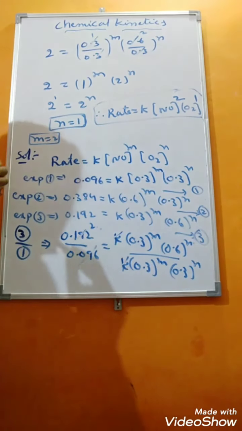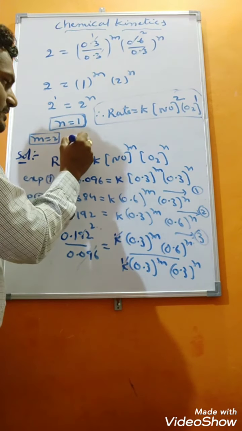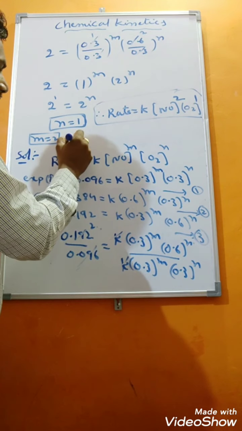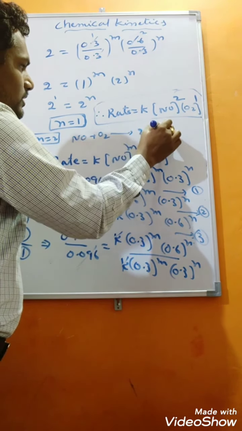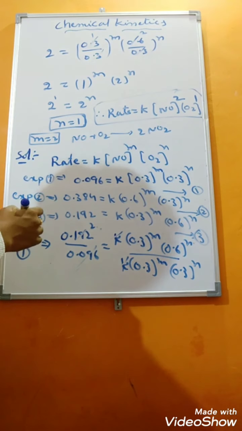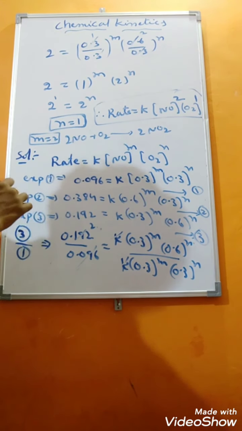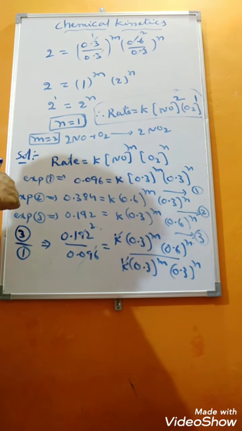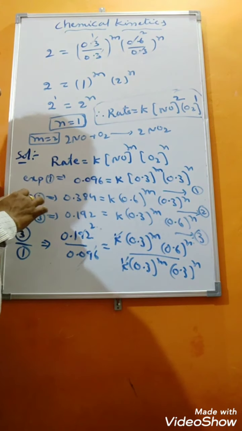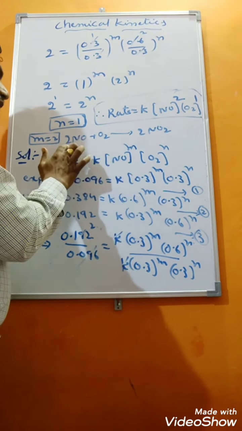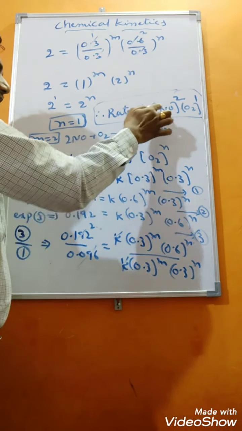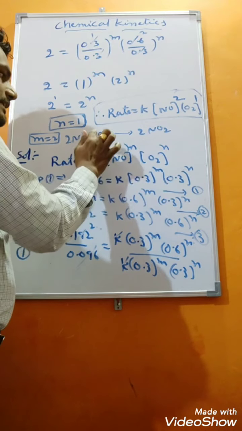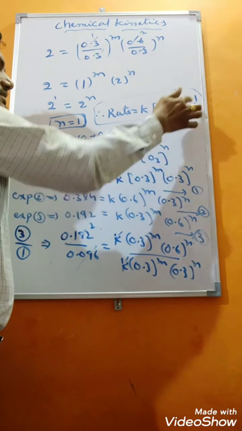So you may ask a question here. Already you have given the equation: NO plus O2 gives rise to 2NO2. Right? 2NO2 we have taken. It is a balanced equation. This equation you have given. Here only you can write the coefficients. In the place of m, 2 is there, as it is we have got. In the place of n, nothing is there means 1 is there here, as it is we have got.